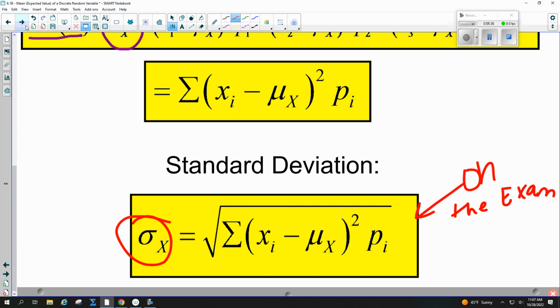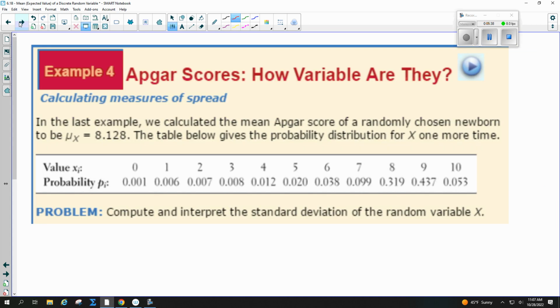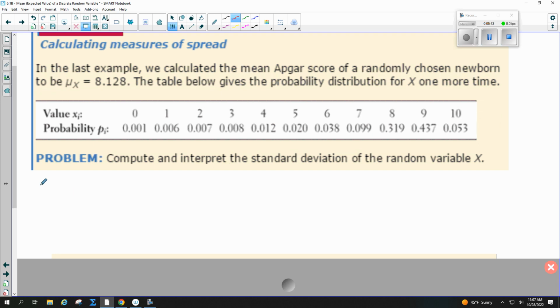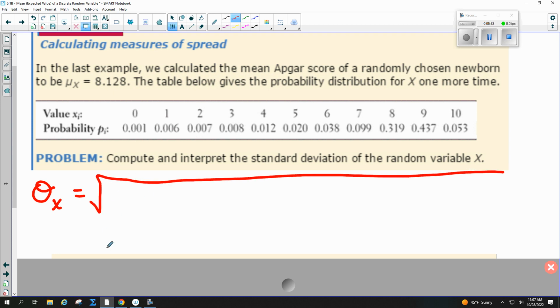All right, so let's do the standard deviation for our baby scores. First we're going to start with sigma x, which means standard deviation. We're going to do a big square root. We start with our first data point, which is 0. We subtract the mean that we just got. I would write one of these down, you guys, and square it. And we multiply by its probability,